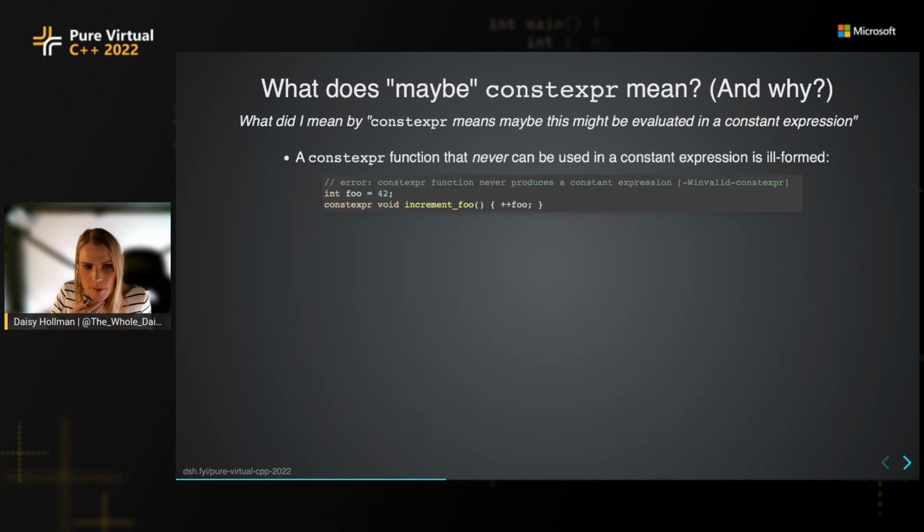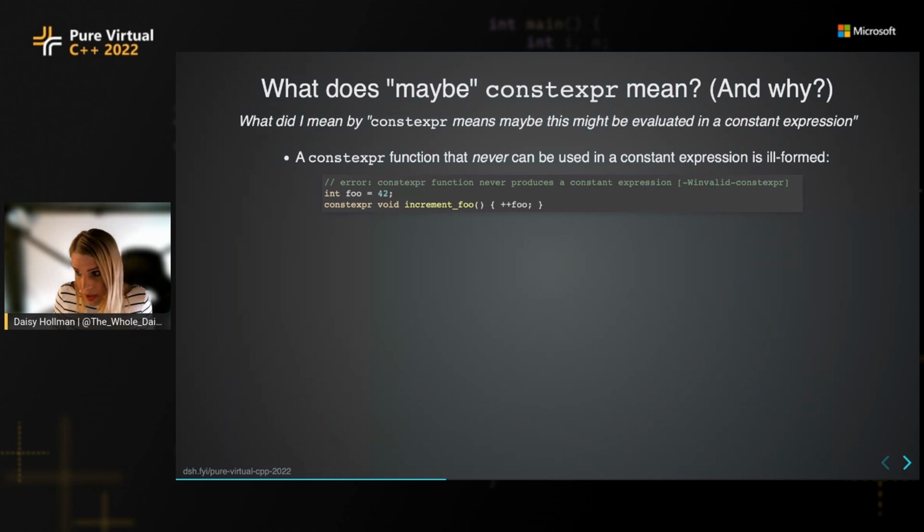And so according to the standard, a Constexpr function that can never be used in a constant expression is ill-formed, right? Anytime we would try to use increment foo in a constant expression, like a static assert, like the right-hand side of a Constexpr variable initializer,